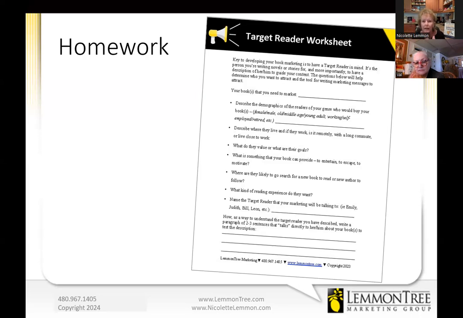If you're only going to stay in the same one with the same series type of idea, fine, then you have one. But if you are going to go into different genres, just remember you need to fill out this worksheet for each one that you do, because it'll help you to design not only your marketing, but those messages to them, because they are different people and you have different benefits of your books to them, right? And those descriptions to them have to resonate.